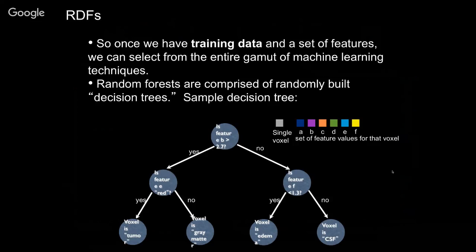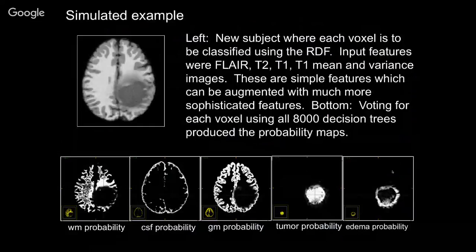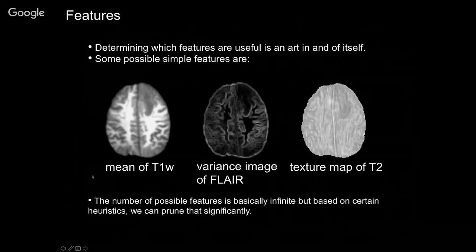Now, we can do this with imaging as well. And so instead of asking questions that may be relevant to identifying things within the environment, we may ask questions that are relevant to understanding the features that may help to identify a tumor focus, for example. And so we'll be calculating probabilities of areas, voxels that represent white matter, CSF, gray matter, and may represent areas of tumor or areas of edema as well. And again, this is all driven by asking questions around features.